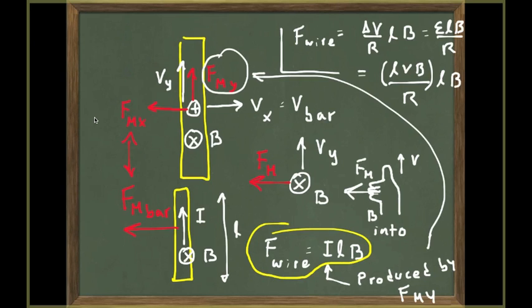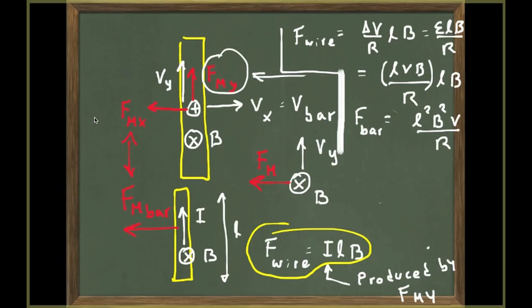So I can write this as V L squared B squared over R. This is the force that is going to oppose your hand trying to keep this bar going with constant velocity. You will feel that force. And notice that it is proportional to the velocity, so it's sort of like a frictional force, like air drag, for